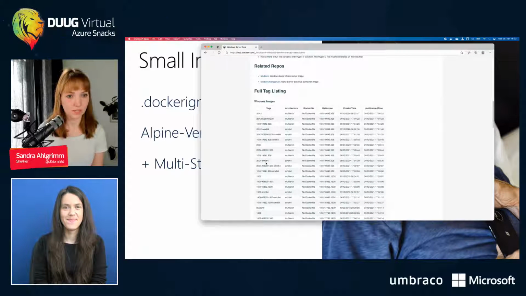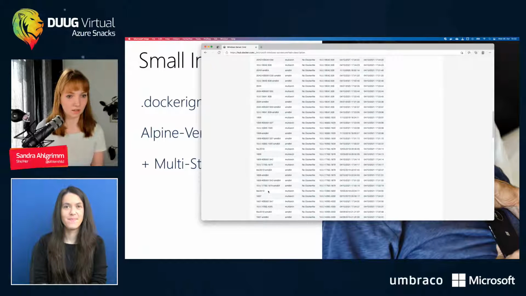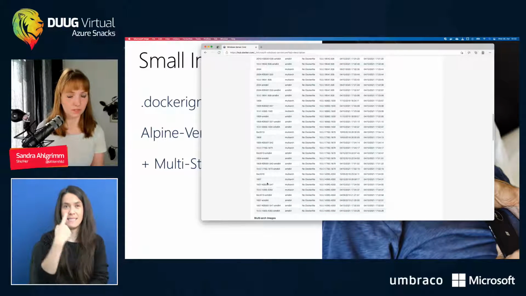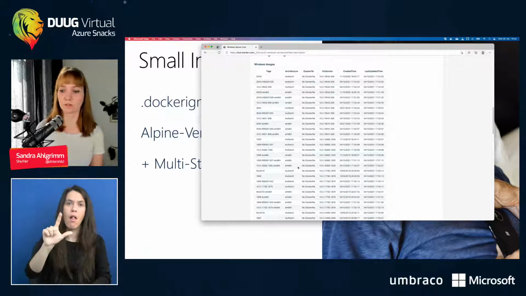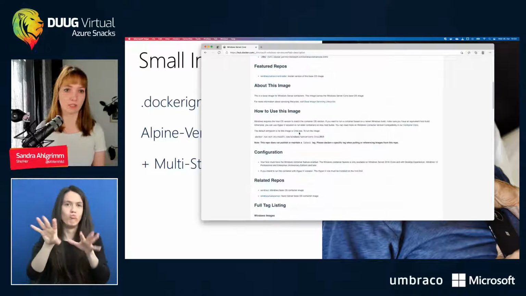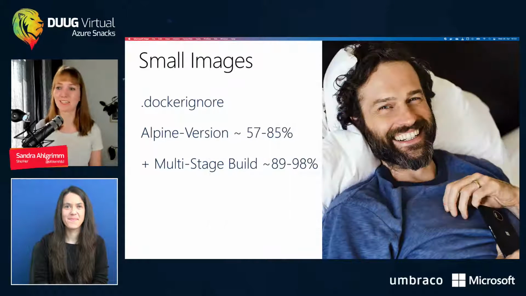So here I have the tags, and usually it's Slim or Alpine, but you can have a look by yourself. And if the container runs, you can see the image size as well. And you will learn it.